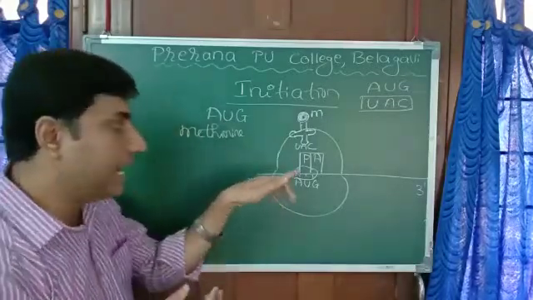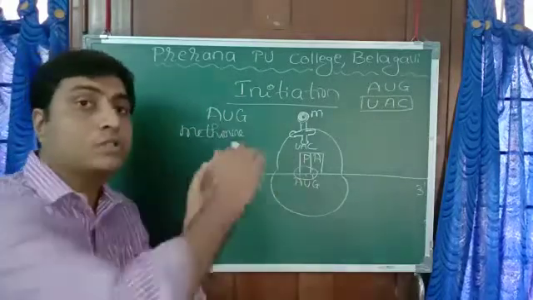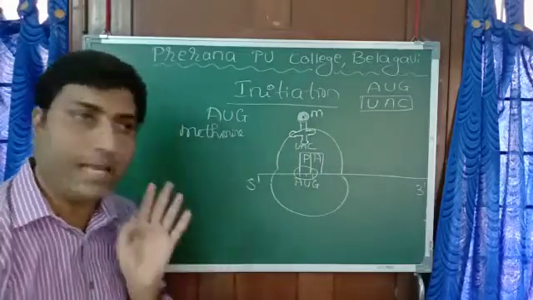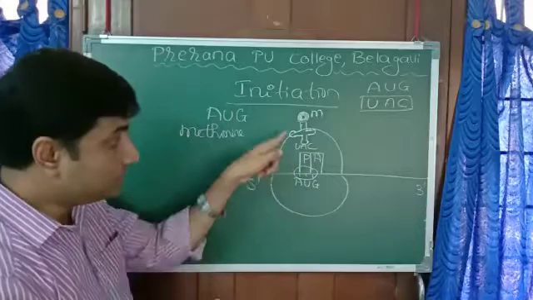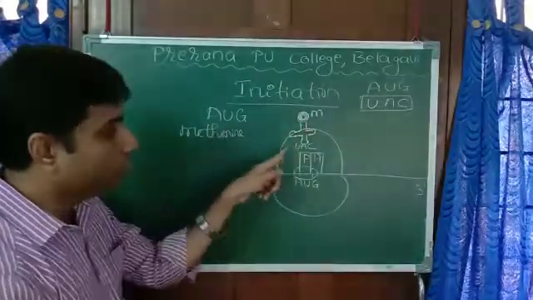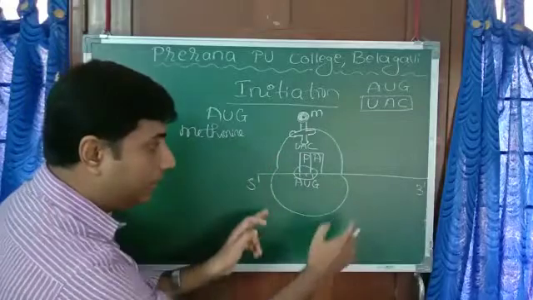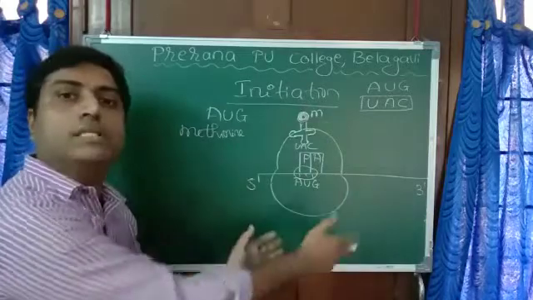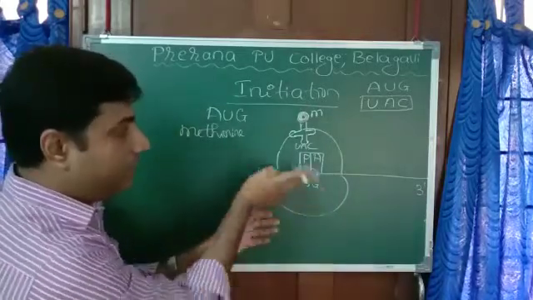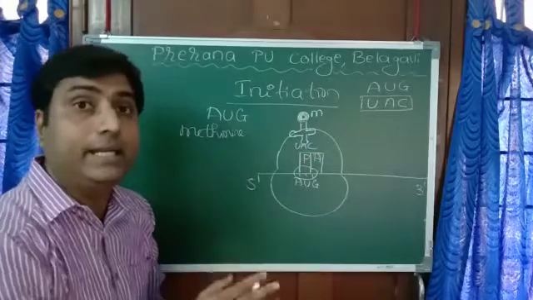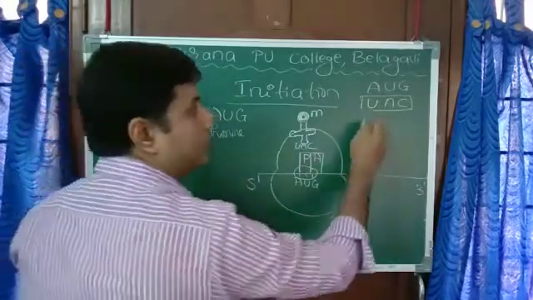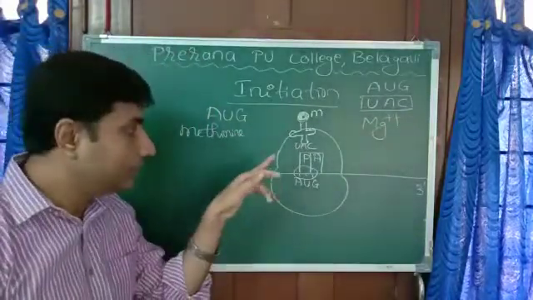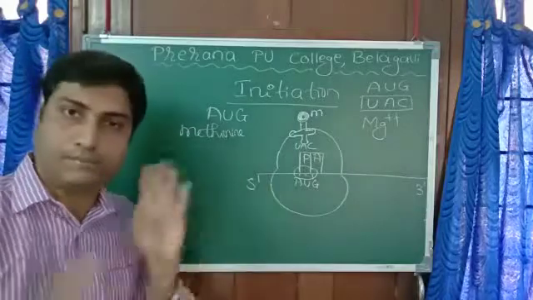And this complex, the attachment of mRNA with the smaller unit of the ribosome, is called the initiation complex. This is the first step. Once this charged tRNA with methionine comes and attaches, then the larger unit of the ribosome comes and attaches. Now the ribosome is complete. For the attachment of the smaller and the larger unit, it needs the presence of magnesium ions. So this is initiation, the first step.